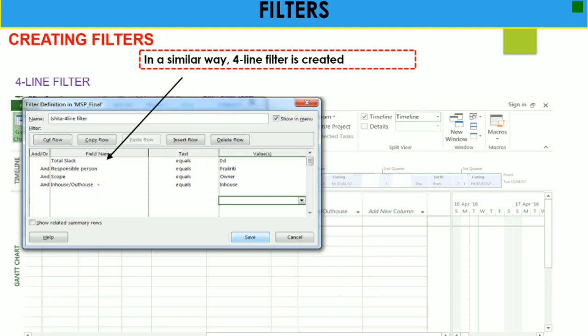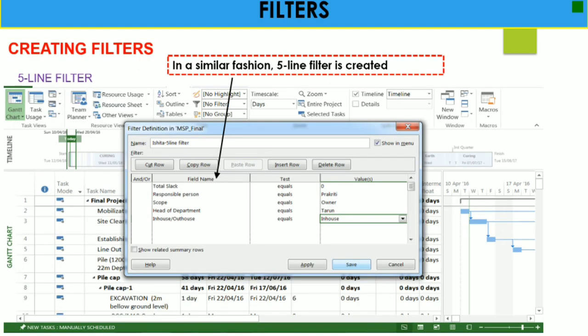If I want to see Total Slack equals 0 days, Responsible Person equals Prakriti, Scope of work equals Owner, and In-house or Out-house equals In-house, I can apply a four-line filter, which is displayed in our MS Project window. Similarly, you can create five-line filters also, and different types of filters based on your project requirement.